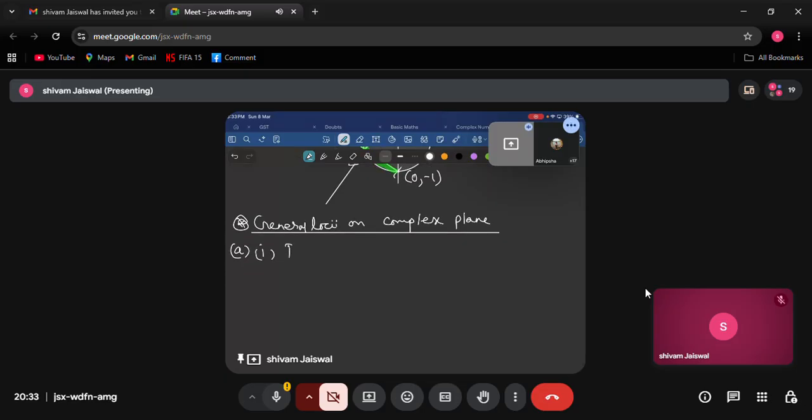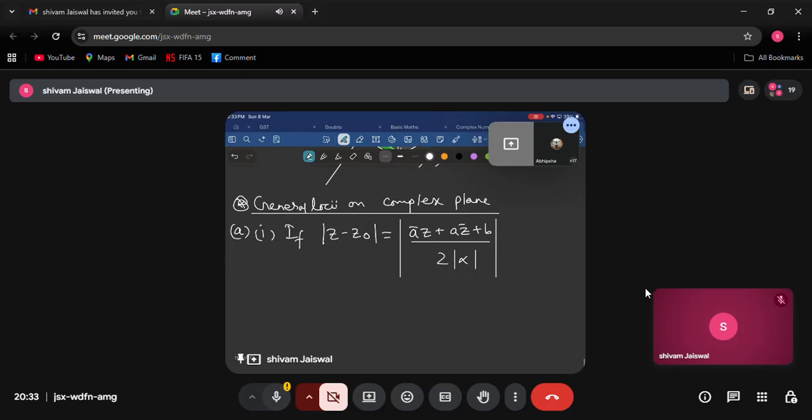If mod of z minus z naught is equal to mod of a bar z plus a z bar plus b upon 2 into mod alpha, just see, the right hand side looks like the distance from a point to a straight line, right? Then the locus of z